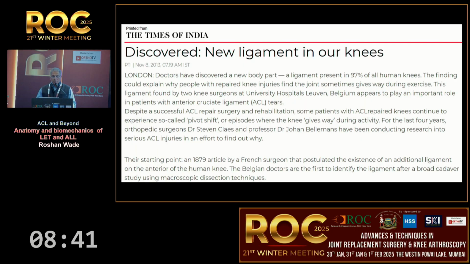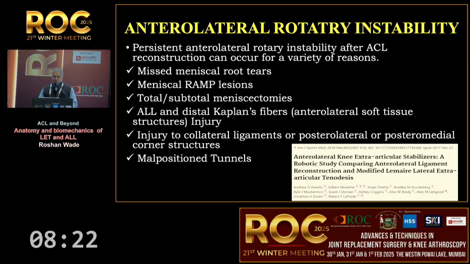And to make it more complicated, there is a discovery of a new ligament which was published in Times of India, and in many articles. The Times article said that this new ligament is the ALL, the anterolateral ligament, and this is the most important problem of your knee joint which leads to the pivot shift instability. Although other researchers found that the anterolateral rotary instability could be because of meniscal root tear, ramp and other associated injury, or because of malpositioned tunnels, especially in the revision